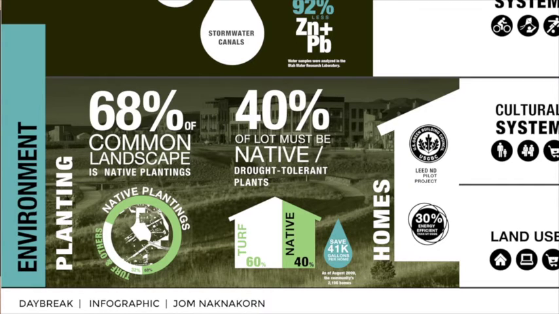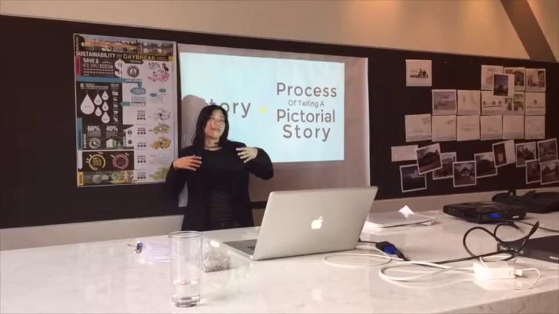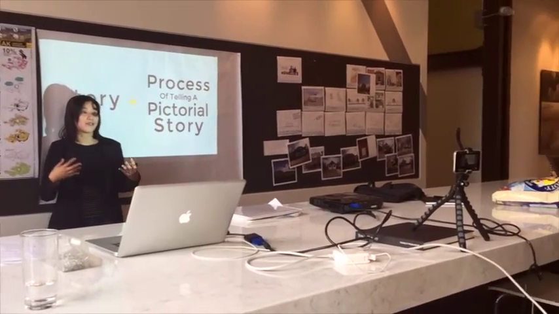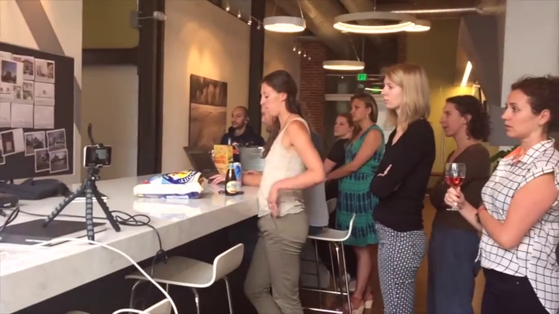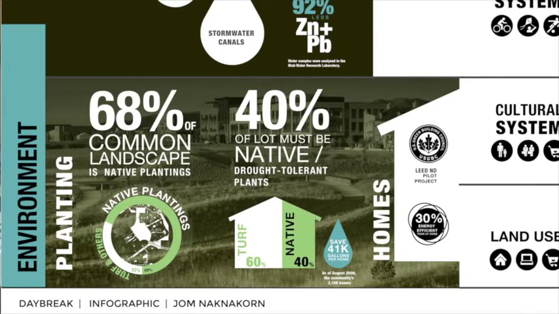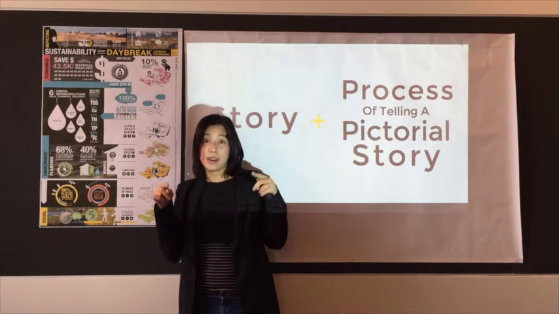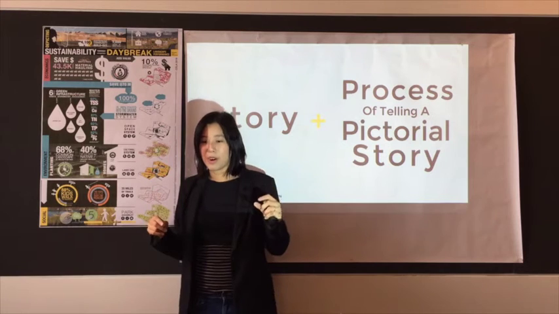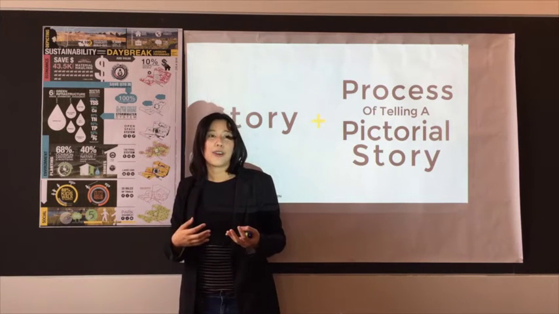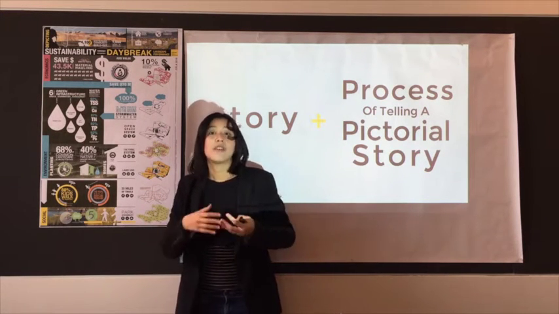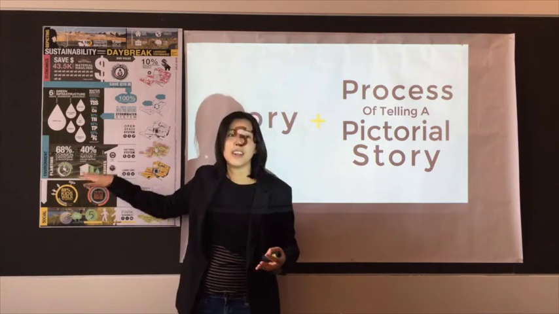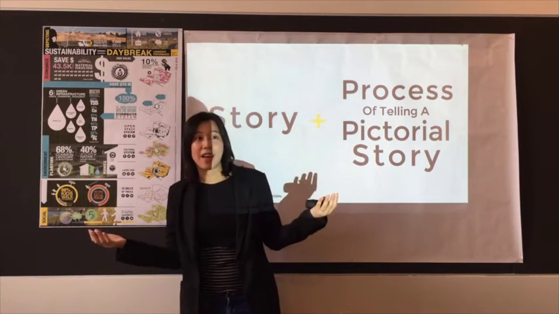But in the residential area, the people still have the freedom to do their own thing, but within the rule that 40% of all the landscape has to be native, and you can do whatever you want with the other 60% of the planting. So Daybreak has a pattern book, and we worked on that, and it gives an option of how you could design your backyard in different ways within this number. People who want to do their own thing, that's fine, but